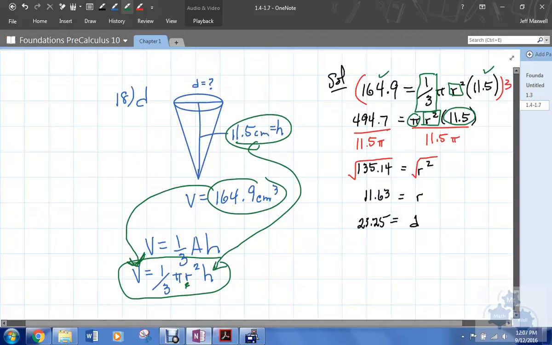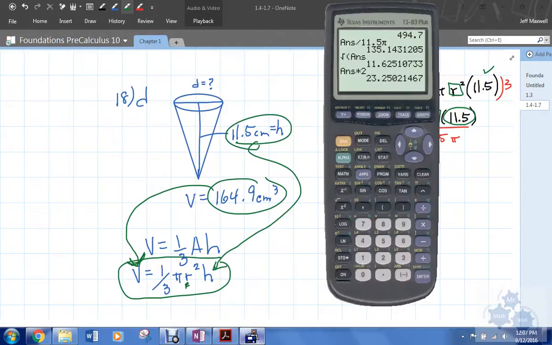Now, I think something went wrong, to tell you the truth. So I did my answer divided by 11.5 pi, but I just realized that I didn't put my brackets in here, and with this calculator, you've got to be real careful with that sort of stuff. So let me try that again. Divided by